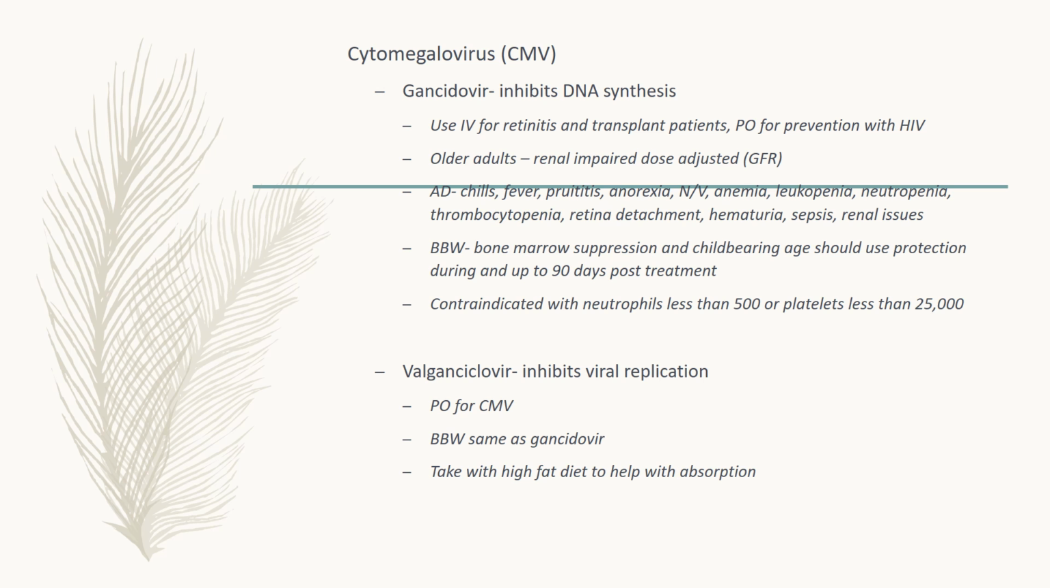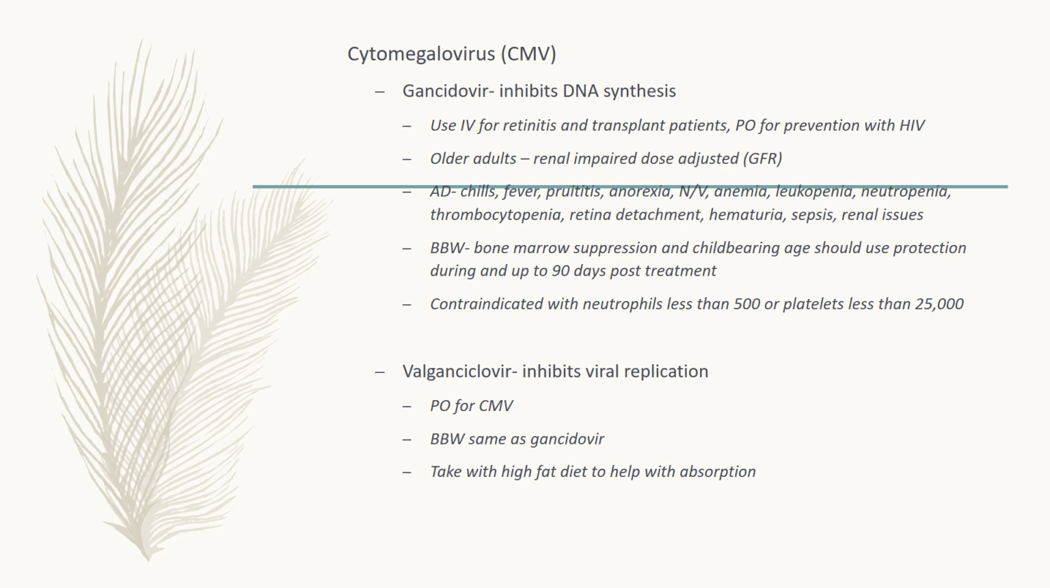Cytomegalovirus is a crazy virus that people with immunosuppression can pick up. People with HIV can pick up, and so also transplant patients as well. PO is for prevention with HIV patients of the cytomegalovirus, because cytomegalovirus can cause blindness. With older adults, we have to adjust the dose with the GFR, checking the GFR to make sure they're not